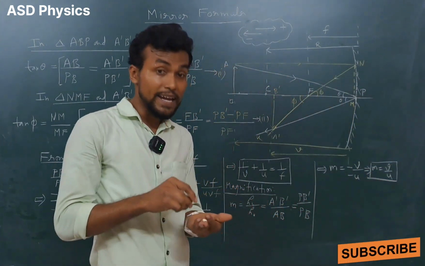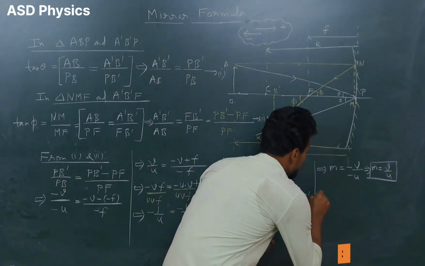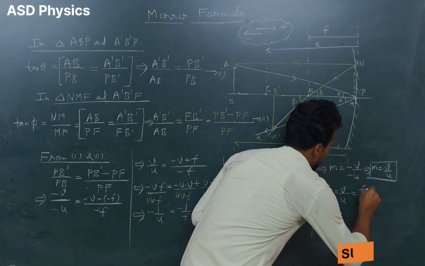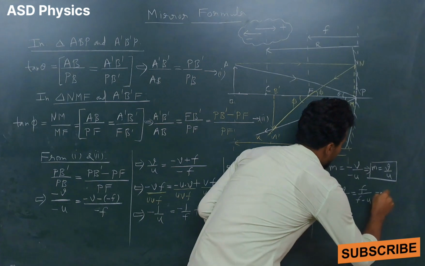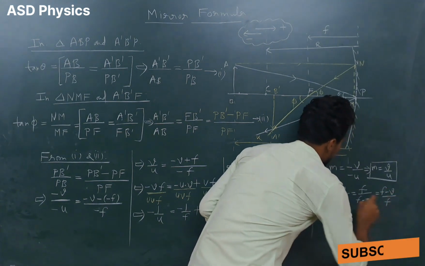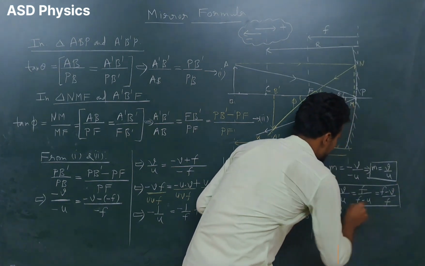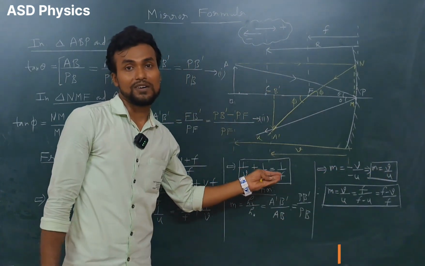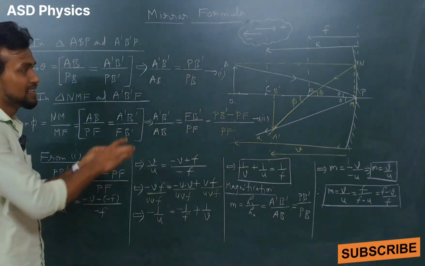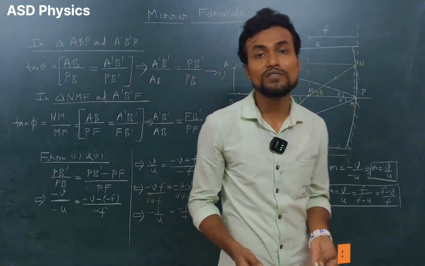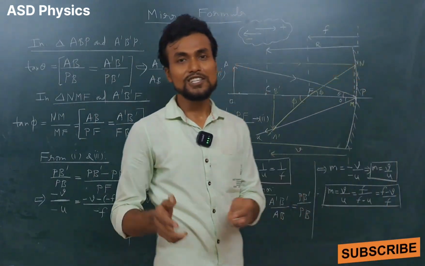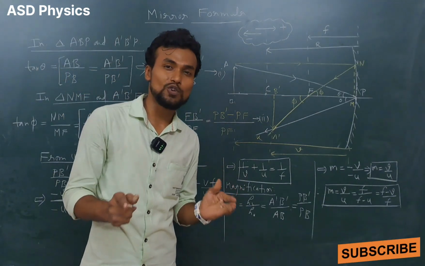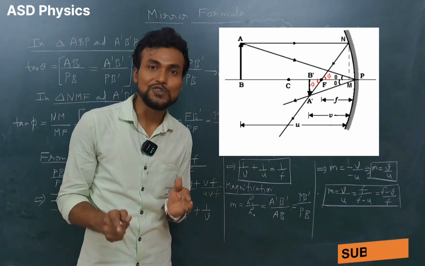But we have to remember one more formula. General formula please here, so that you can always use M equal to V by U, and here F by F minus U, or F minus V by F. How do we get this formula? We get this formula with the help of this equation and this mirror formula. So students, you can see very well in how easy a manner we have proved the mirror formula. I hope you have understood this very well. This one will come surely in a board exam. Very high chances are there that it used to come in a board exam.